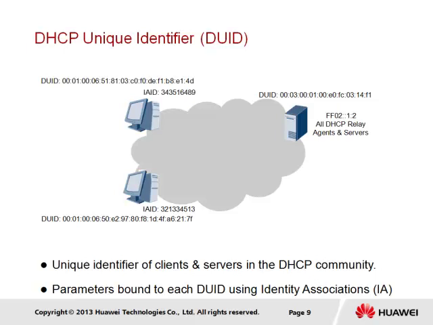We may find that a client end station may support one or multiple interfaces to which an IPv6 address is required for each interface. An interface is therefore represented by another identifier called an Identity Association Identifier, or IAID. This will be used together with the DUID for the end station, to which only a single DUID may exist. That will allow the DHCPv6 servers to uniquely assign the relevant address and configuration parameters for each interface of that